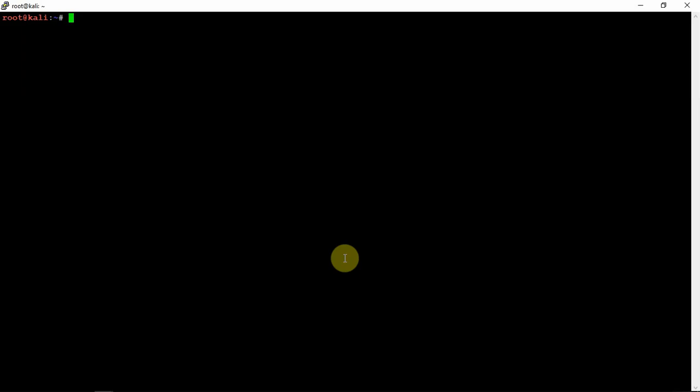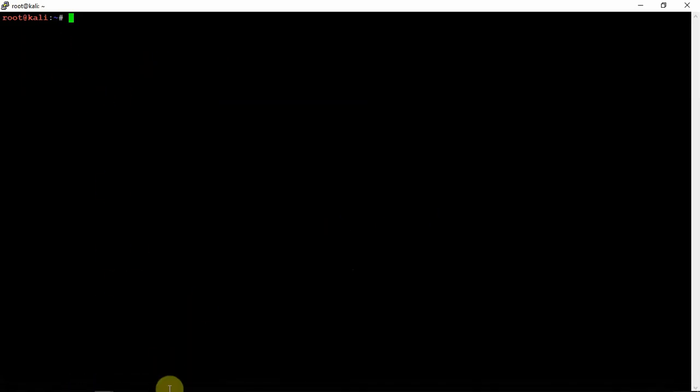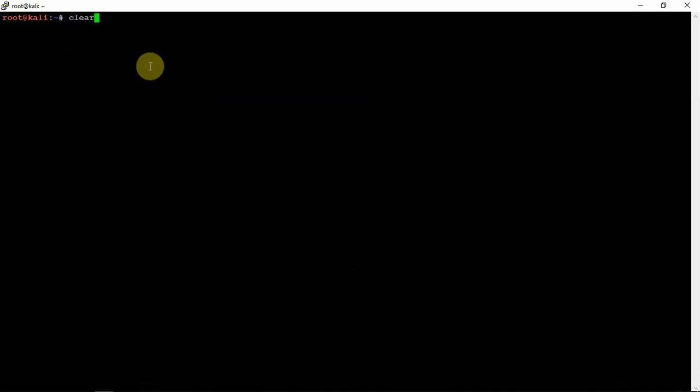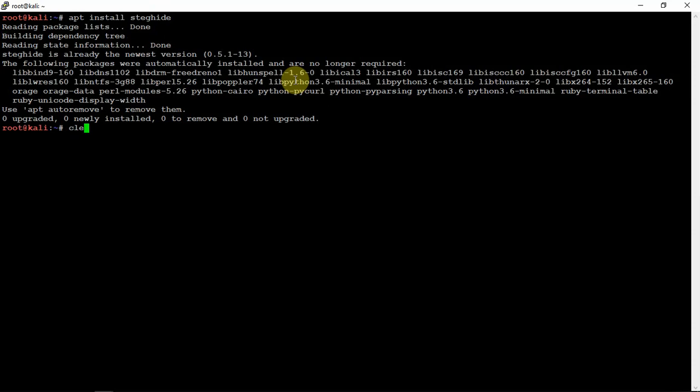I'm going to show you how to embed text into a photo, picture, whatever you feel like calling it. So, I'm running Raspberry Pi here with Kali Linux on it. The first thing we need to do is install the following software here. Once you have that installed, which I already have,